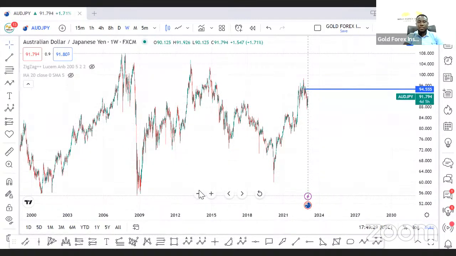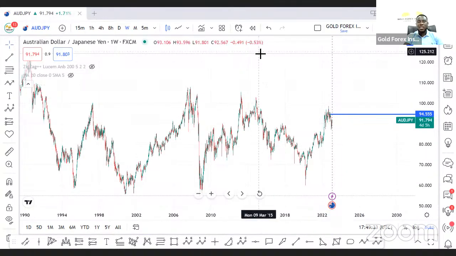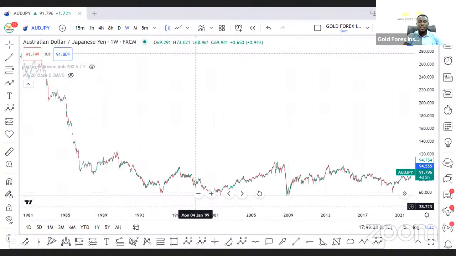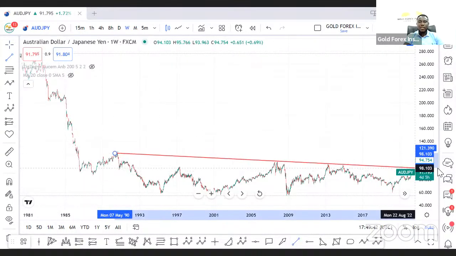This one too, the same thing. It's not a pair that I want to look at. It's not so clear to me. But you can see that it's having a more like